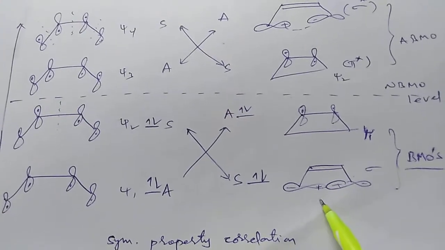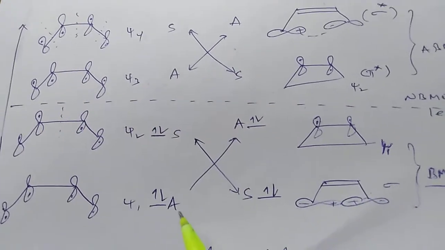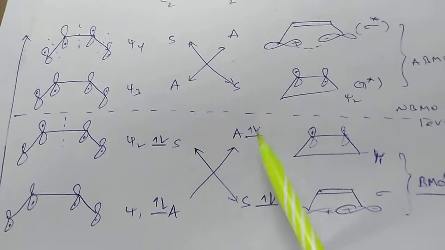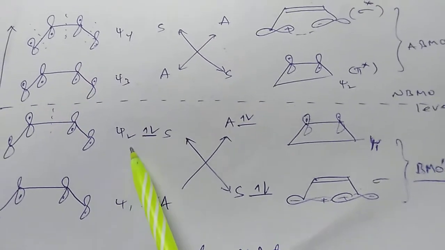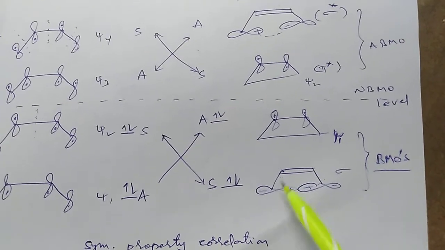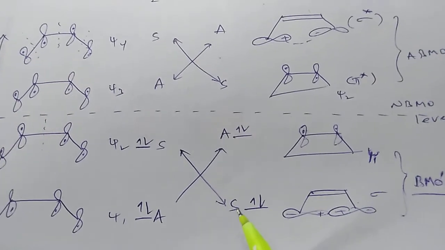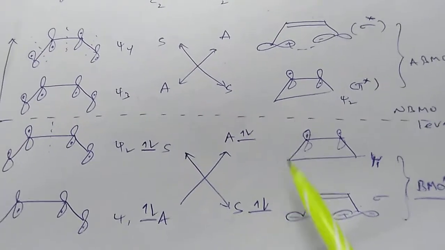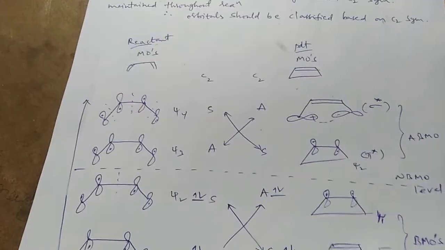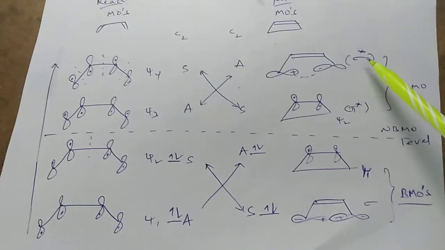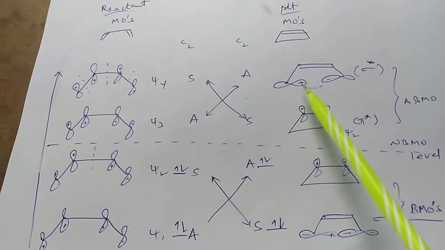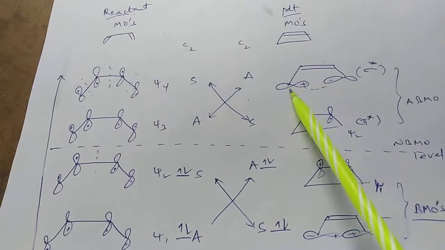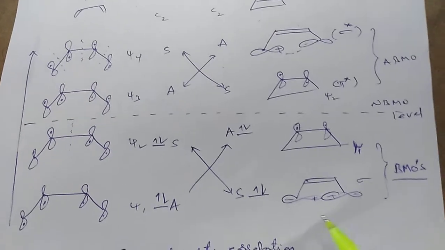But in the first excited state configuration, when energy is given to the ground state molecule, it excites to a higher energy level. In the ground state configuration, Psi1 has 2 electrons and Psi2 has 2 electrons. But in the first excited state, the sigma bond has 2 electrons and Psi1 has 2 electrons. You see, it is sigma star. The new sigma bond will be formed at the termini of the carbons of 1,3-butadiene, and the sigma star is the antibonding molecular orbital.